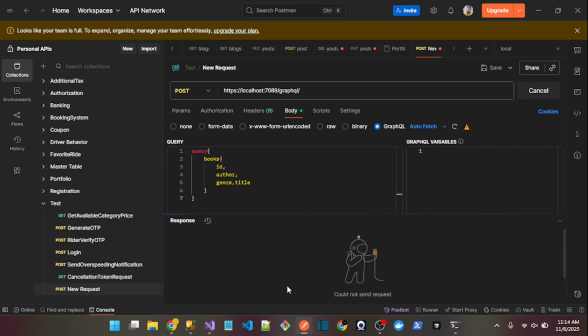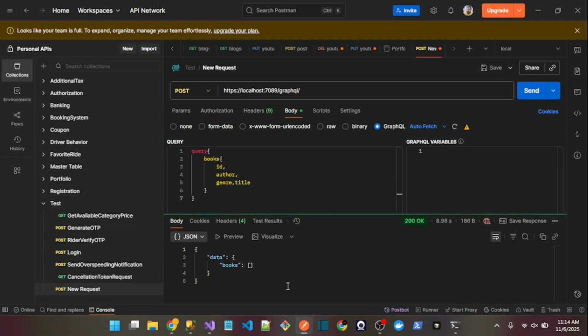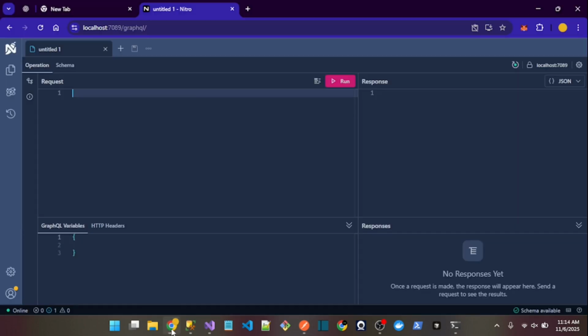Okay, so it will return me the empty books. It means that there is no data. So simply I will try to insert the data using the mutation class, because we have declared the insert method